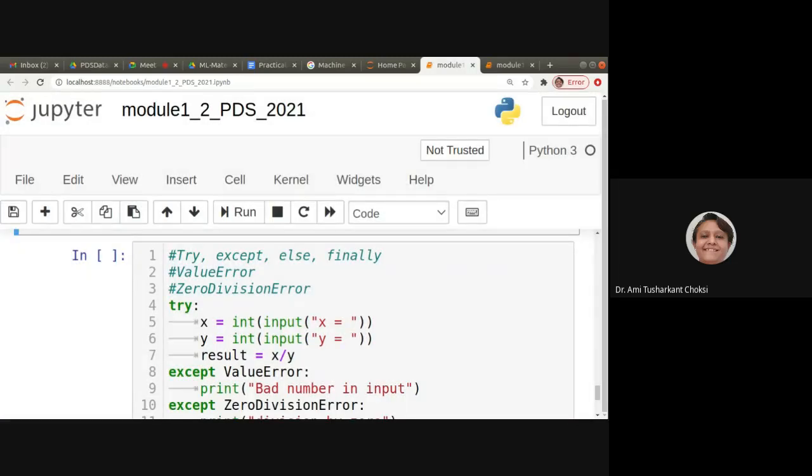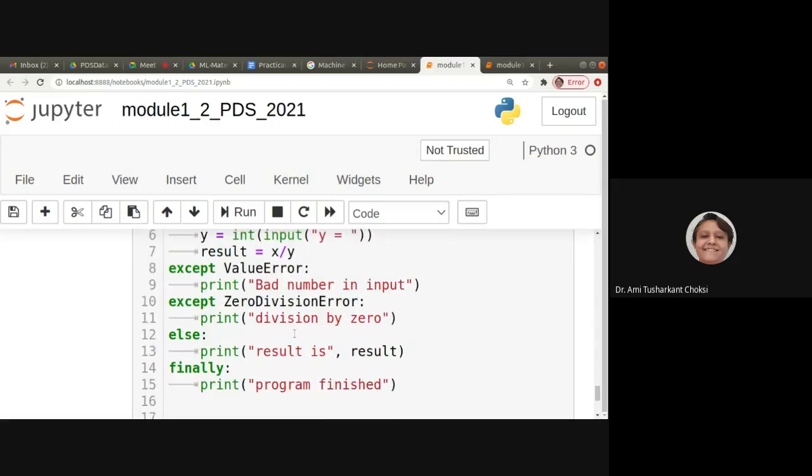With the except you have to write the exception which is being dealt with. Then if you want to deal with a few more exceptions, you can write them too. In the way it is written, that way only it will be handled.